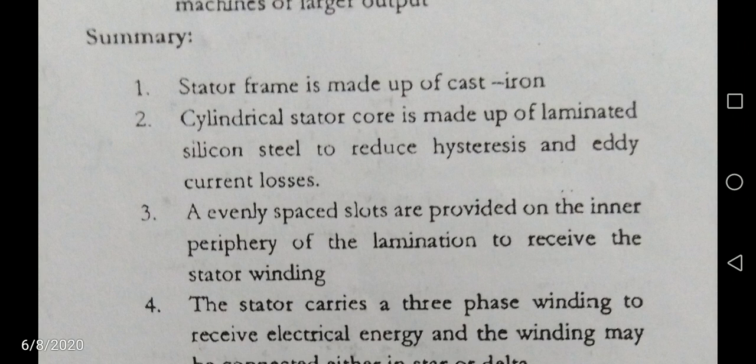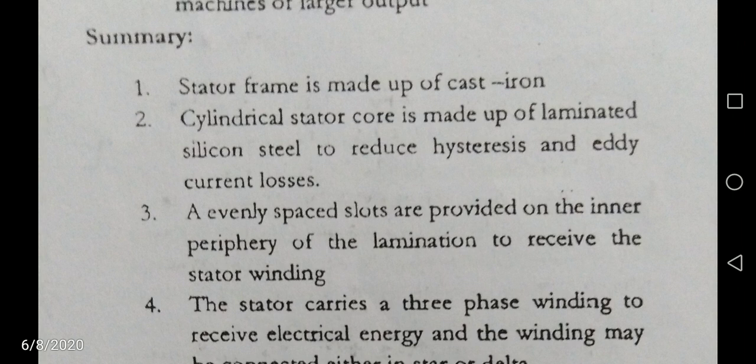Next, in a semi-open slot a winding is placed. That winding is the armature winding. Armature winding may be concentrated or distributed. That topic I will explain in the next slide, along with short pitch and full pitch winding, and integral slot and fractional slot winding. Then, for the rotor, we learned that rotors are squirrel cage and slip ring rotors.